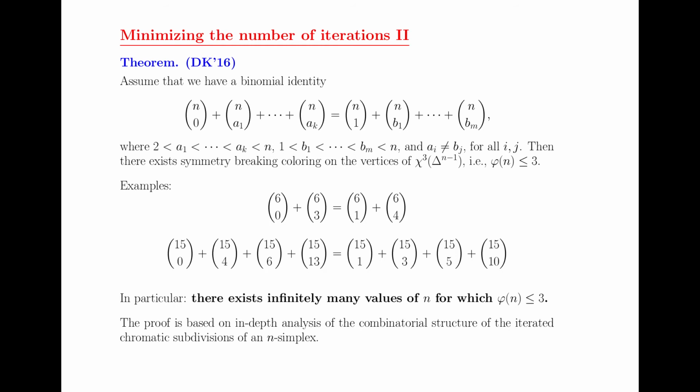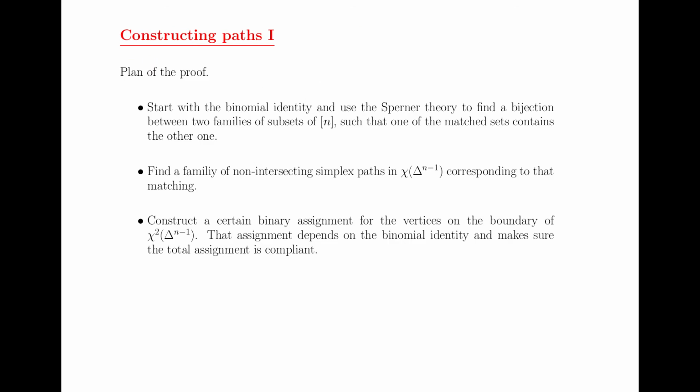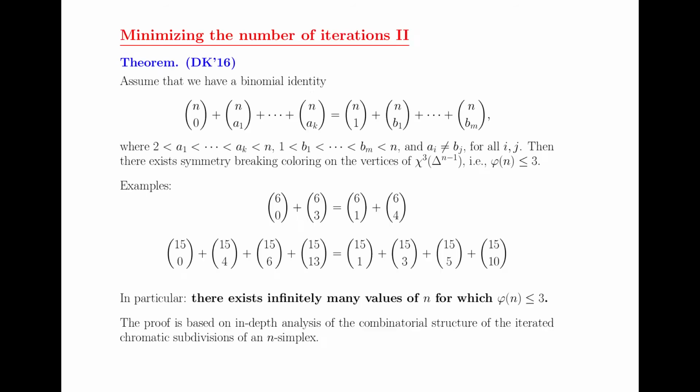And this is the thing. The reason how this works is quite strange. The rough idea of how this goes is that if you have such a binomial identity, then you can use Sperner's theory. Well, it's a different Sperner than many people in topology know. There is another theorem from finite set theory, which I could go into detail about, but I won't, which allows you to merge sets.